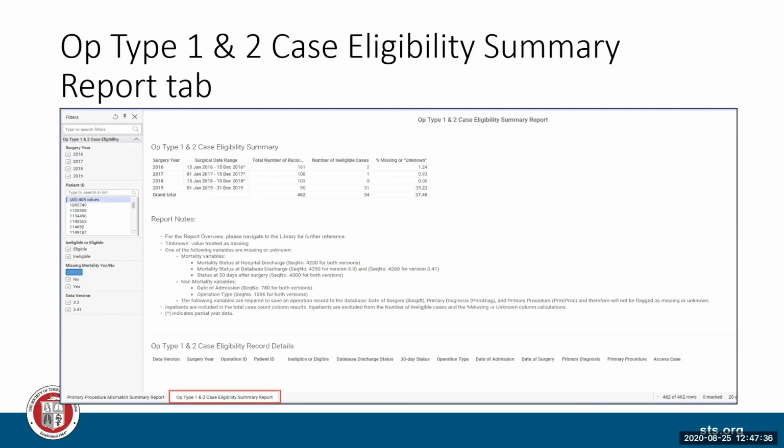The primary procedure mismatch report is following the exact same rules that are going into analysis. But on the one slight chance it may happen, we're just letting you know there is a very slight chance that it may change. It's not likely, but it has the potential to happen, if that's helpful.